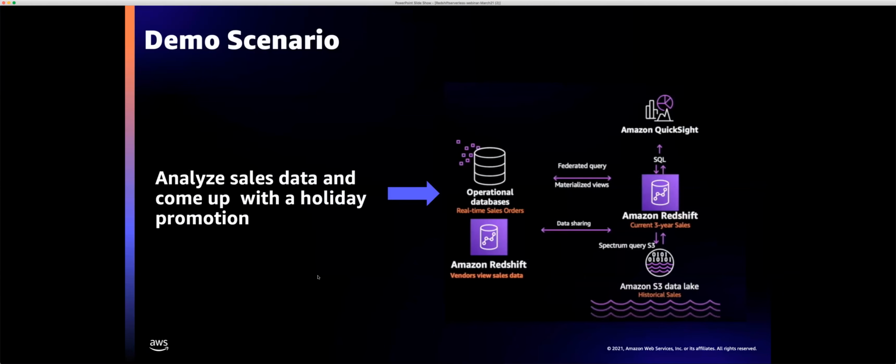The demo scenario is pretty simple. I'm a data analyst in the marketing department of a large US apparel company, and we have both online and retail presence. We are a few weeks away from the end of the quarter, and we are below 20% or so in terms of our revenue target.